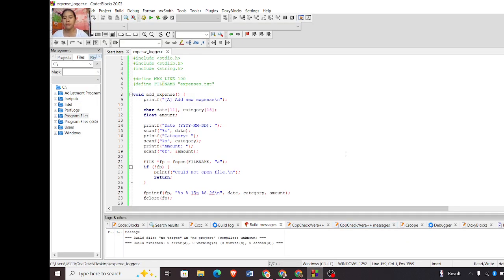Hi everyone, this C program is an expense logger and analyzer that allows users to manage their daily expenses using a simple menu-driven interface. It lets users add new expense entries, calculate total expenses for a specific date, edit expense amounts, and generate category-based reports. All data is stored in a plain text file, expenses.txt, and the program uses only basic C features such as variables, file handling, and simple arrays, perfect for beginners practicing structured programming.